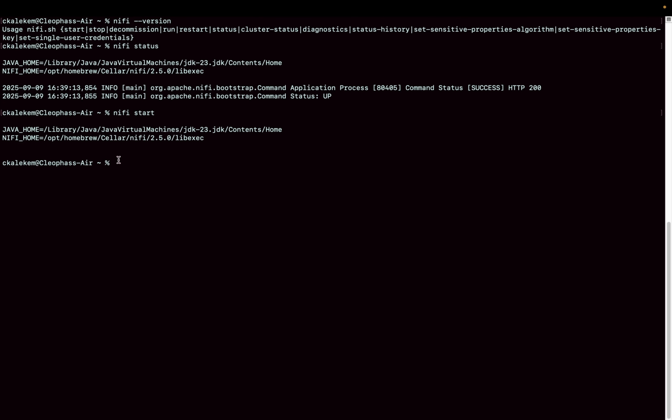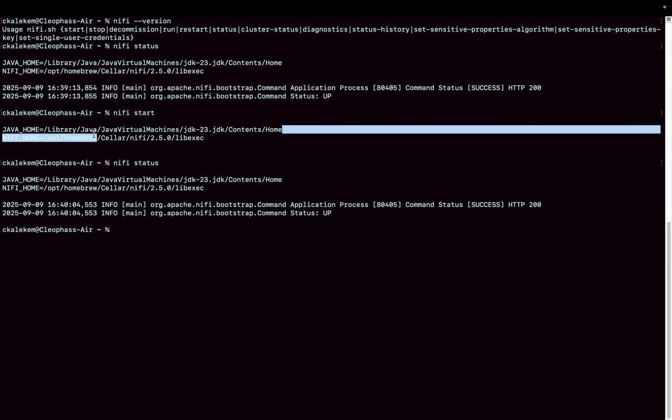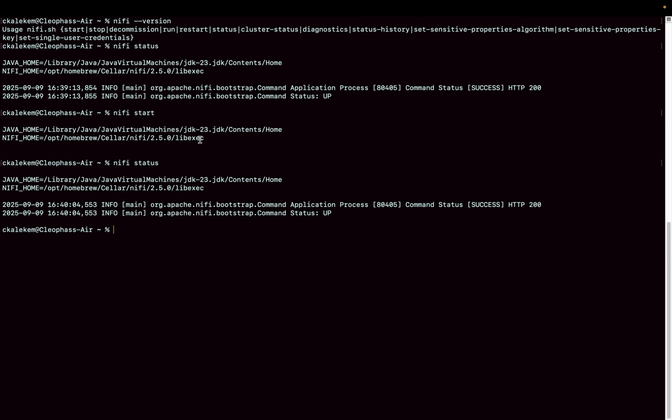Okay, so it runs in the background. When you do NiFi start, it runs in the background. This one is still showing us up, but basically when you do NiFi start, it's going to start in the background, and now you can see that Java home is listed here, and also this location for NiFi home is listed as well, right? So to confirm if NiFi is now running, let's go ahead and